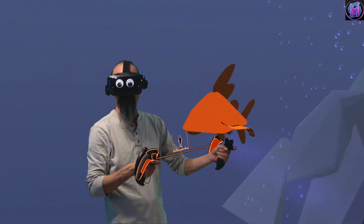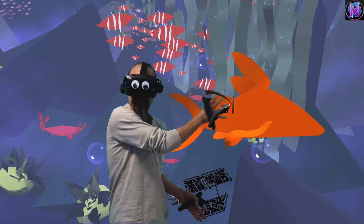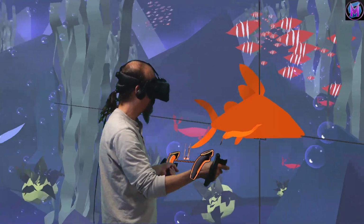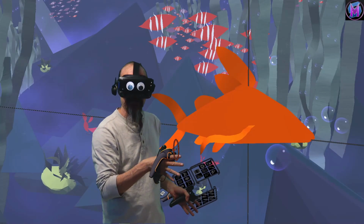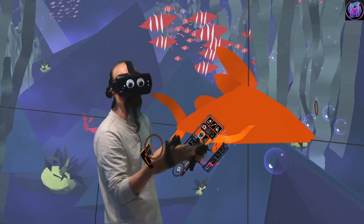There we go. So now I've got some fins on the fish. They don't need to be duplicated. They're centerline fins. Back to the mirror. Okay. Now if I'm going to do scales on this guy, depending on the tool you use will be affected